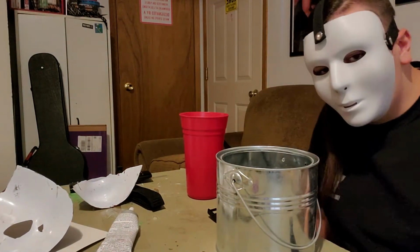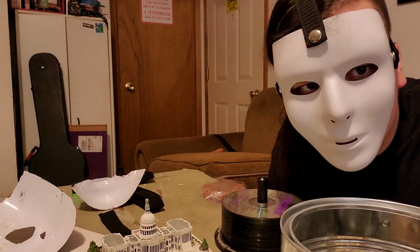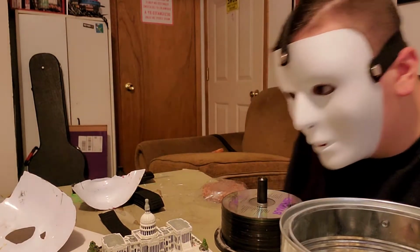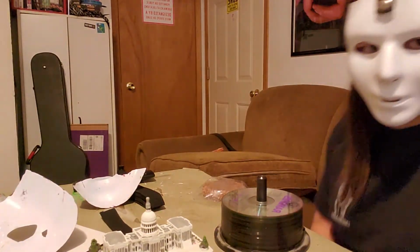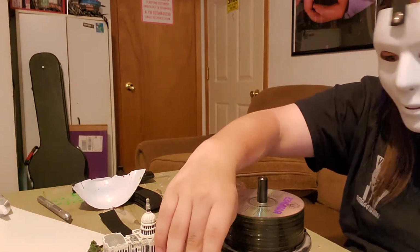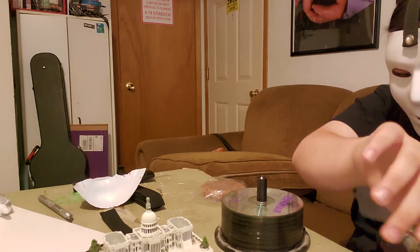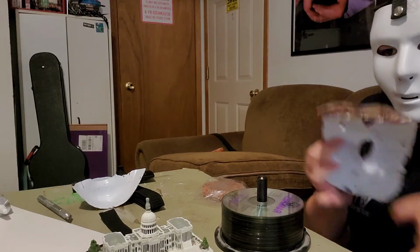I'll come back to you when both ends are on. So it looks like I'm going to end up making this a 2-part video. But for now, I'm going to show you how to do the bottom portion, because clearly the top portion is pretty simple. You just wait for these to dry. These take about an hour to dry. That's why I'm putting this in 2 parts, because I still have the other portion. Anyways,